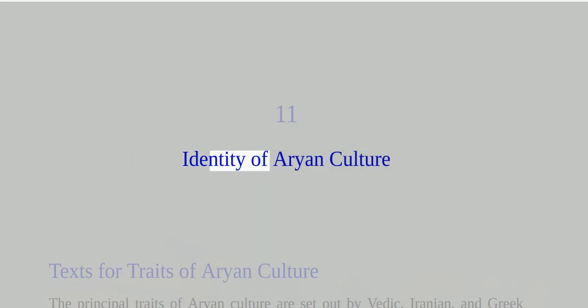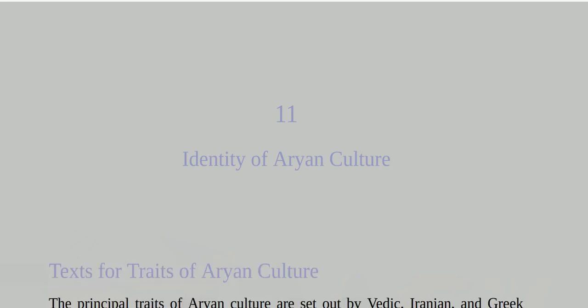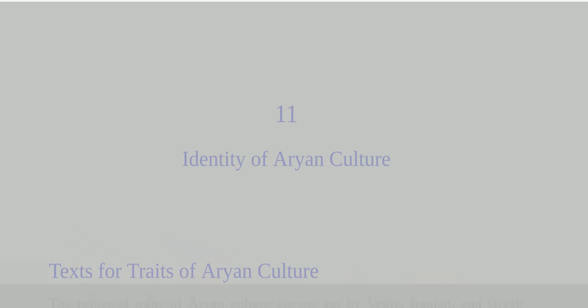Identity of Aryan culture. Texts for traits of Aryan culture. The principal traits of Aryan culture are set out by Vedic, Iranian, and Greek literary texts and cognate terms found in the Proto-Indo-European languages. The texts that help us to reconstruct the material and other aspects of Aryan culture comprise